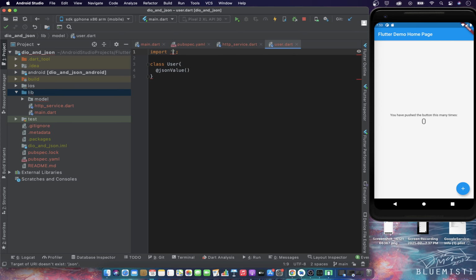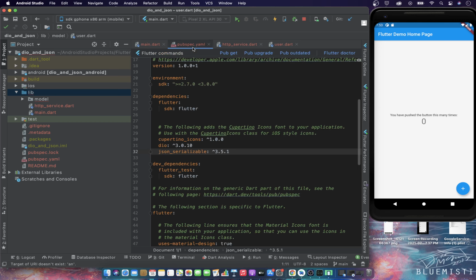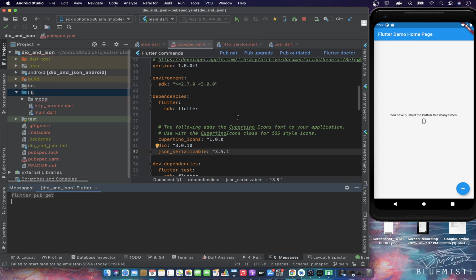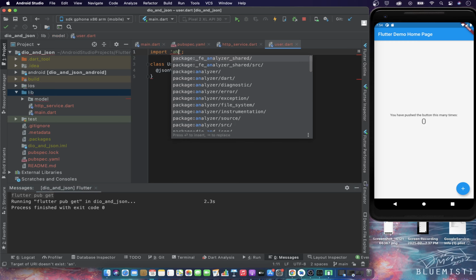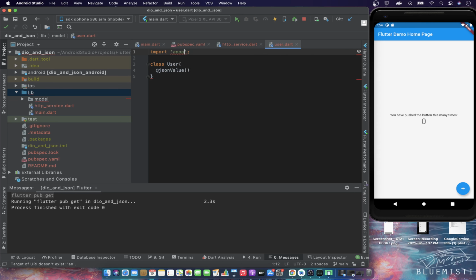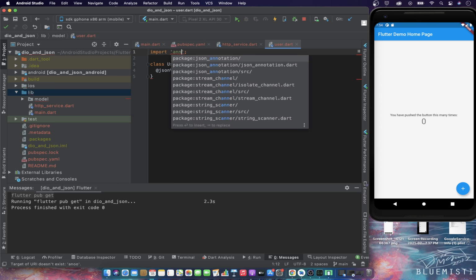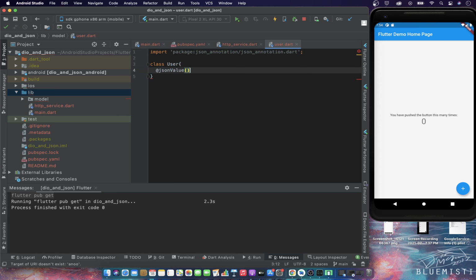I think I haven't. Let me first recheck if JSON Serializable is installed. Just for the sake of confirmation, I'm reinstalling it. Now let's go back to user.dart, and we should be able to import the annotation file. Okay, here it is. So this is JSON annotation, and then what we have to do is use